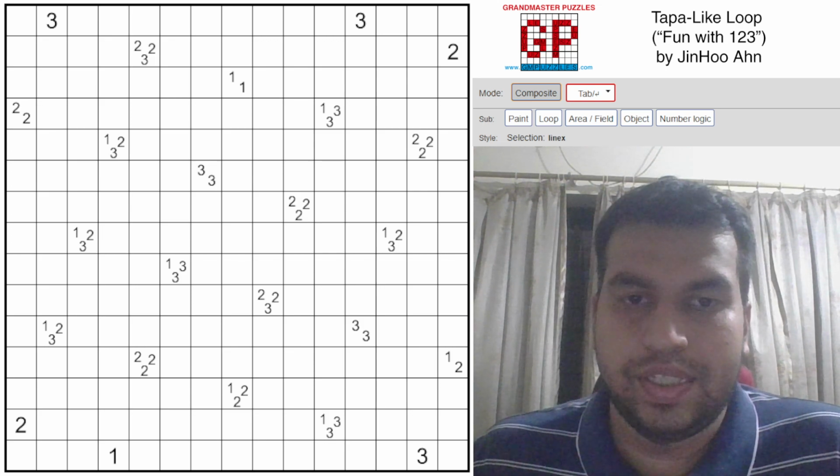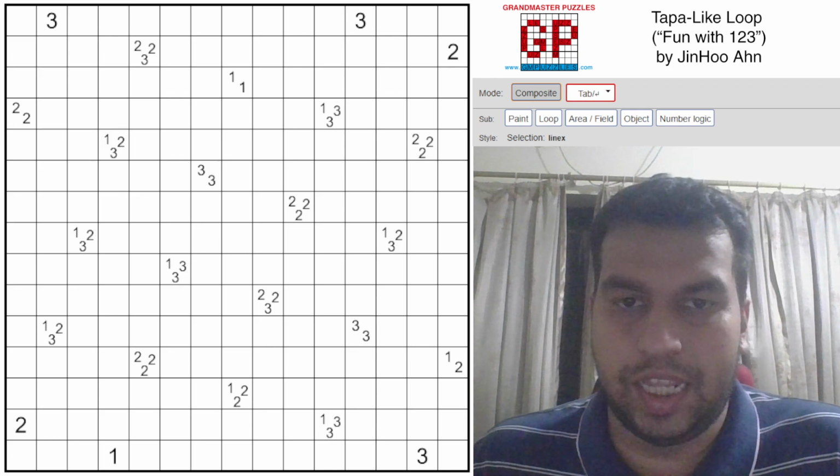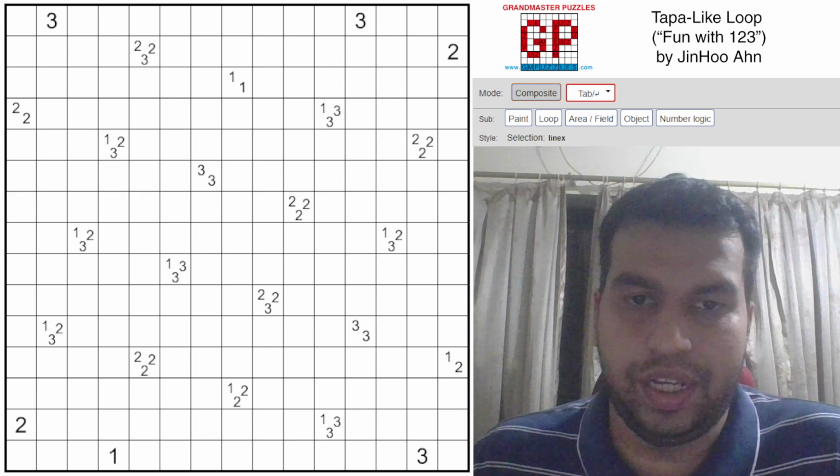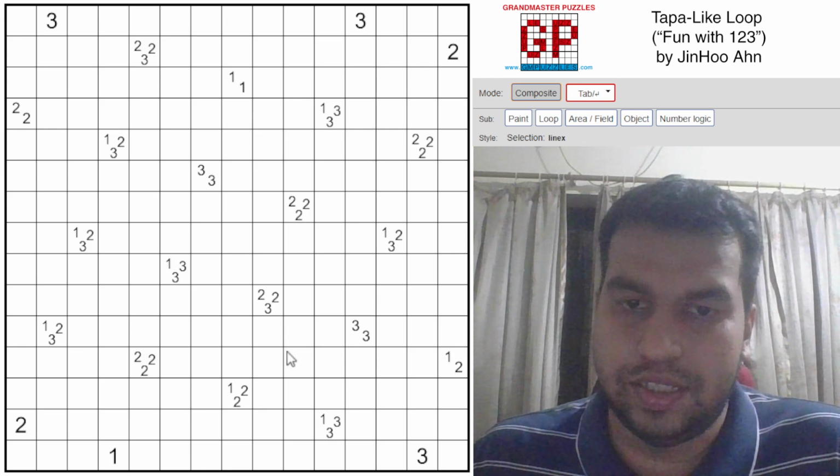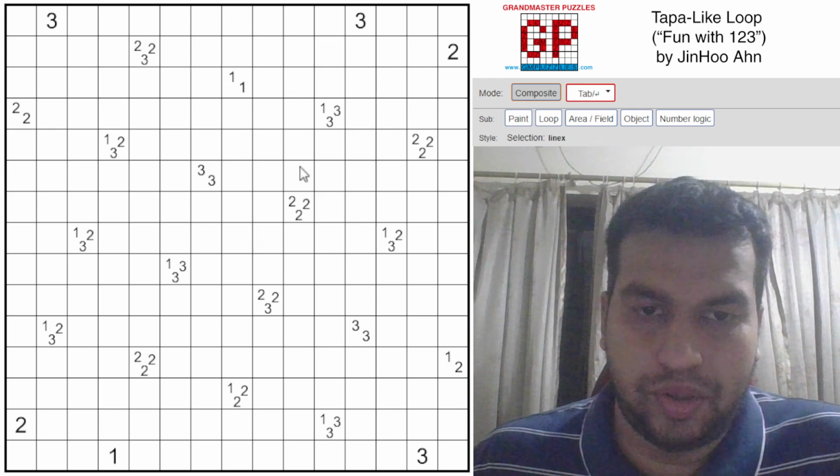We're here to talk through this challenging Tapa-Like Loop Saturday puzzle, which is called Fun with 1, 2, 3. It's by JinHoo Ahn, and as you can see, all the clues are made up of just the digits 1, 2, and 3. So to start off with,